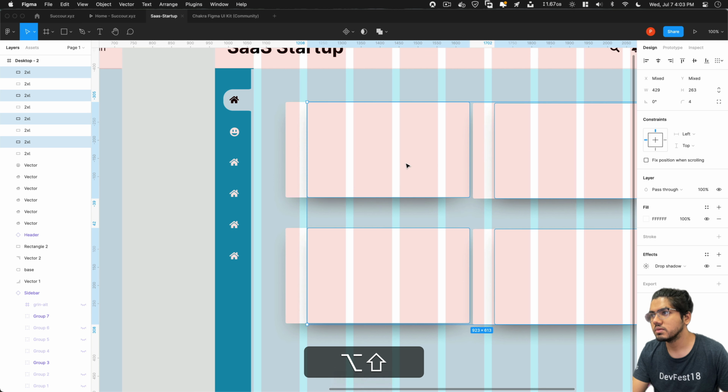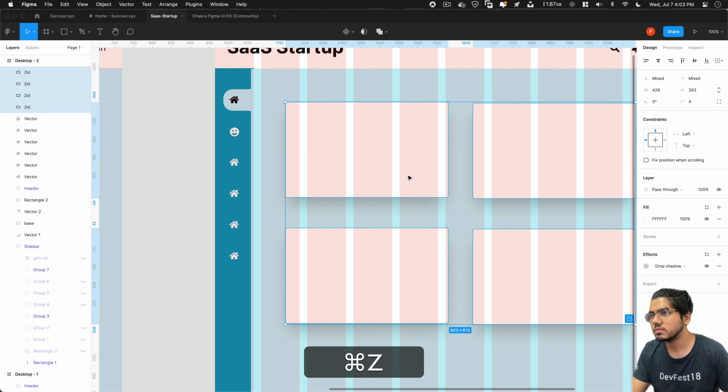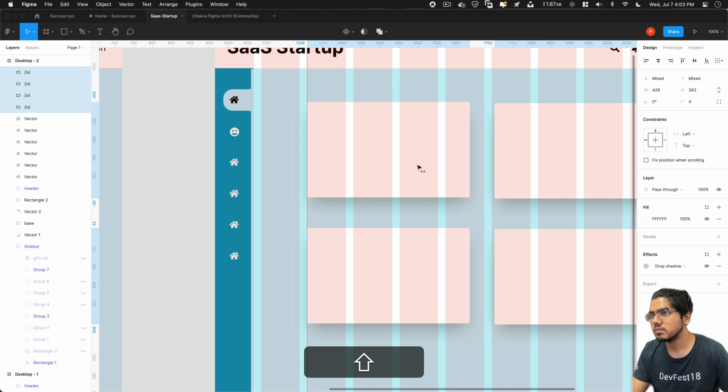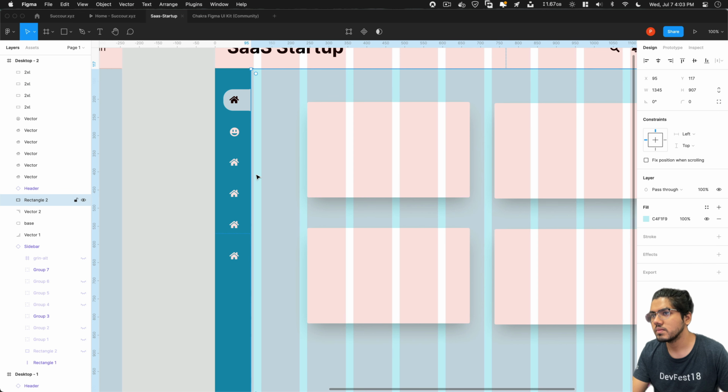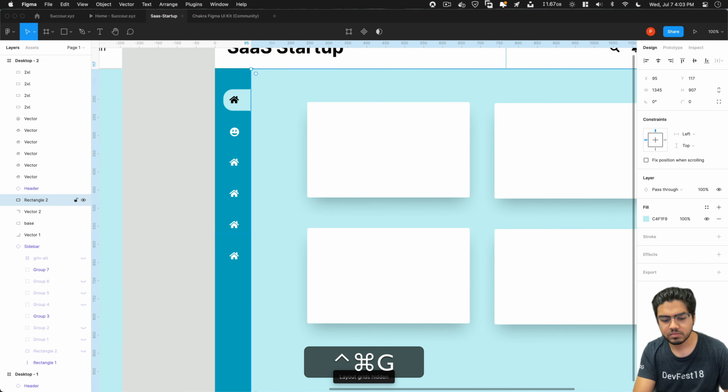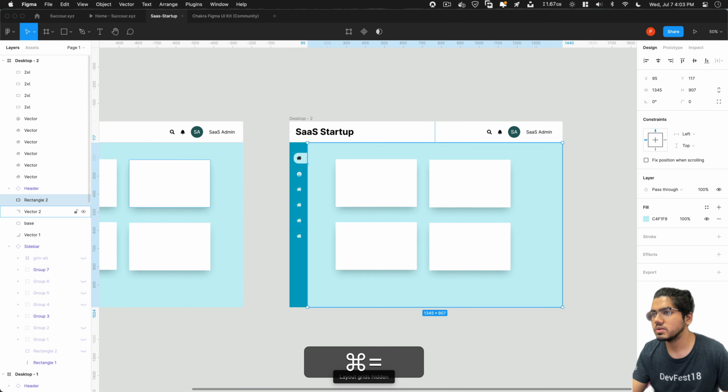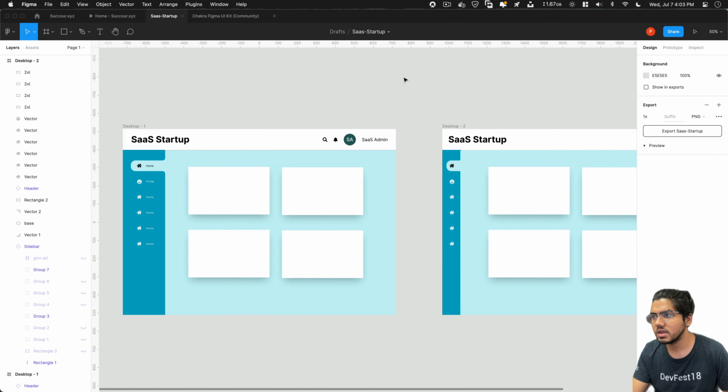Let's put it here where the grid starts. Okay, so we are done with the design. Let's start with the animation.